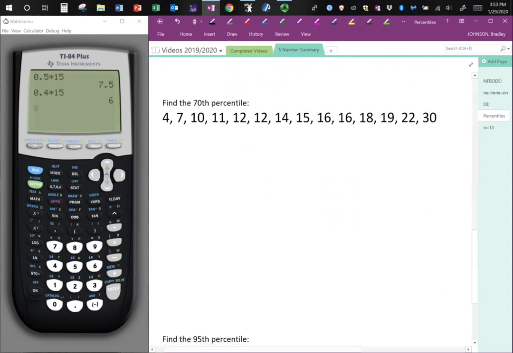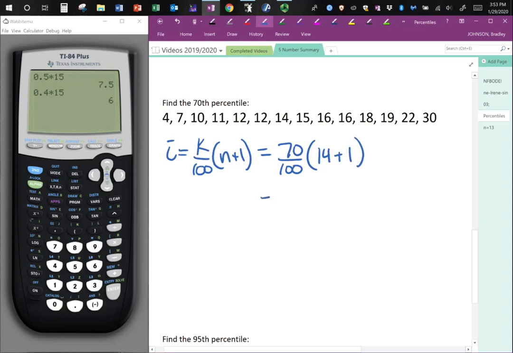So, let's do the 70th. I equals k over 100 times n plus 1. This is equivalent to 70 divided by 100. N is 14. You add 1. Move the decimal place twice. You get 0.7 multiplied by 15. Use your calculator. 0.7 times 15,